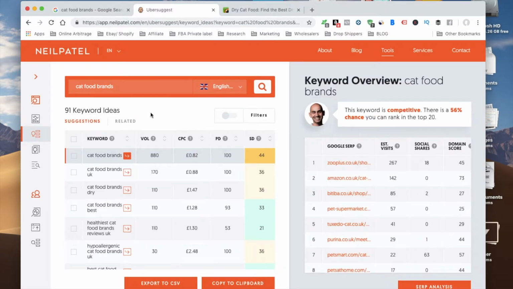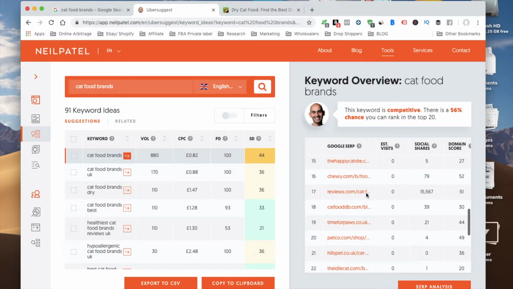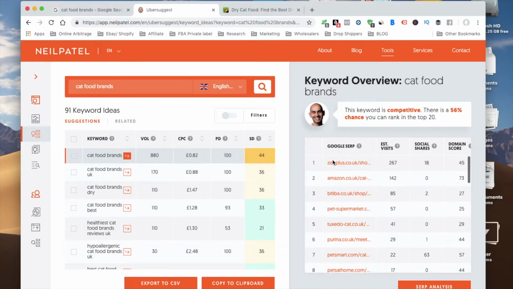Then the keyword, oh, here it is, that's the real deal. So basically you've got Neil Patel here telling you this keyword is competitive. There is a 56% chance you're going to rank in the top 20. But ranking in the top 20 doesn't mean anything. You need to rank in the top 5. So if you rank in the top 20, that's not really useful. And you can see